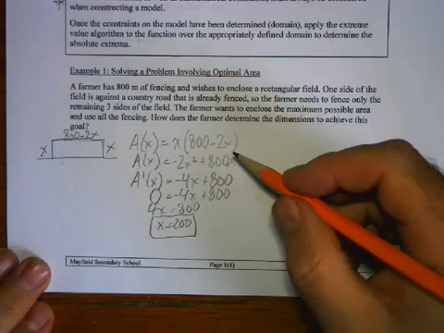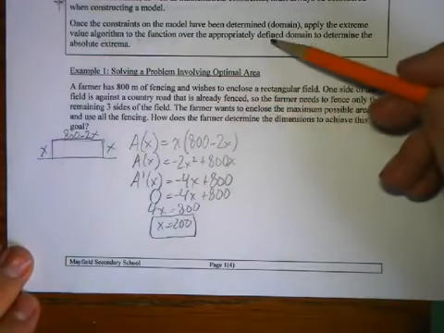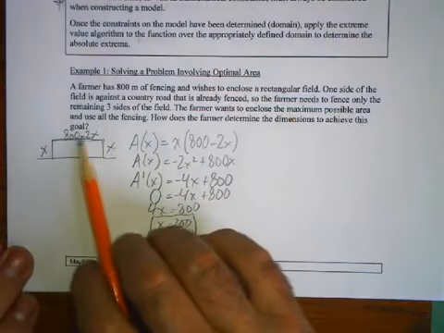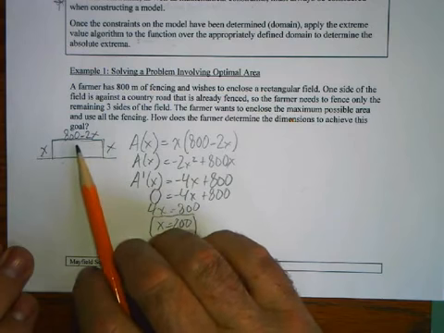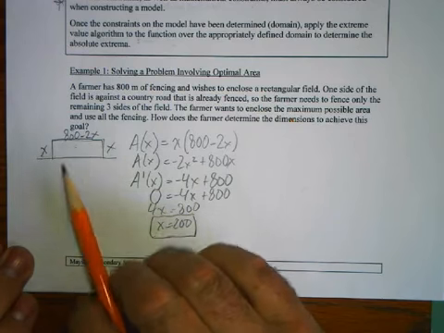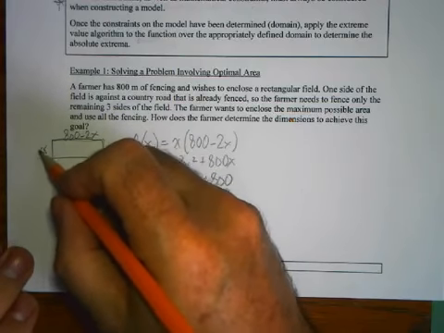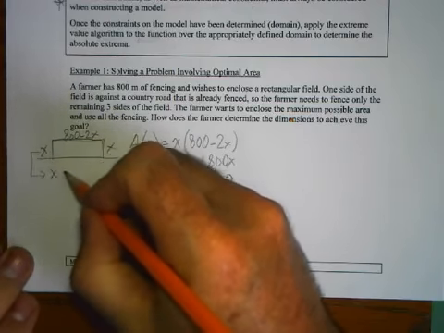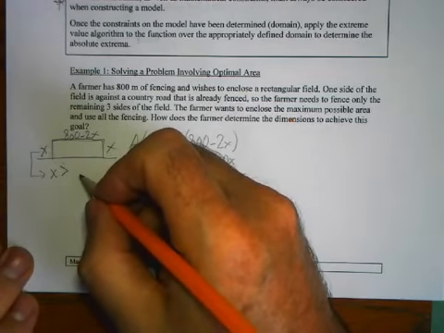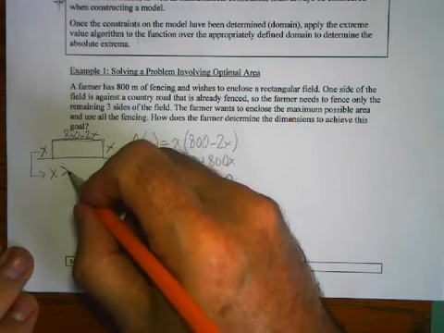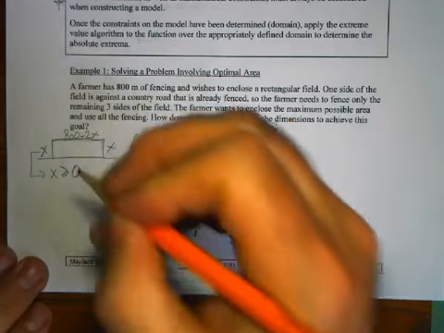Now, the other thing we have to consider is the constraints on the variable. Okay, so what does that mean? Well, if we go back to this diagram of the model, one of the constraints is the length and the width have to be greater than 0. Okay, so from this variable here, we know that x is greater than, I guess it could be 0, but you'll see that it doesn't really matter.